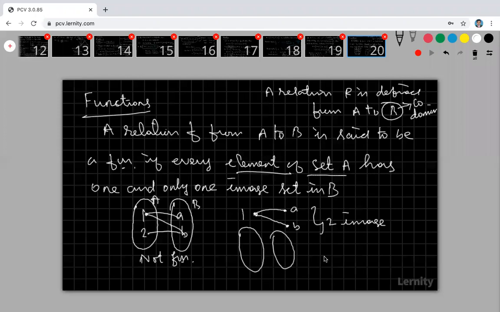Okay, this is a relation, but this is not a function. Suppose look at that, my A, B. So what about here? It is 2. There is no relation. So here the image of one, A1, is only 1. The image of the first element is only 1. What about the image of the second element? 2. No image. So every element in my first set A has one and only one image. That means exactly one image.